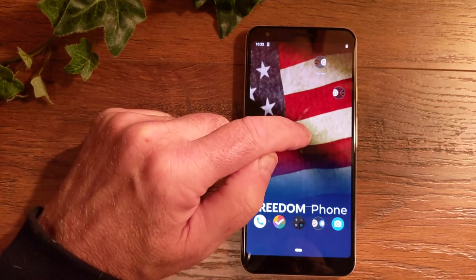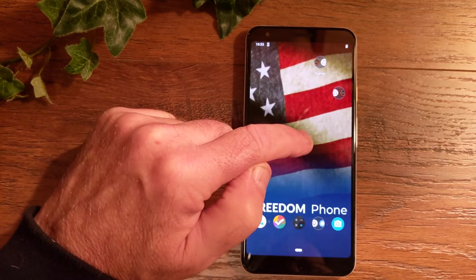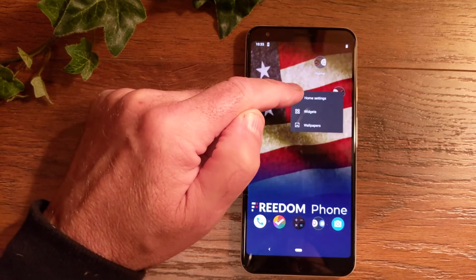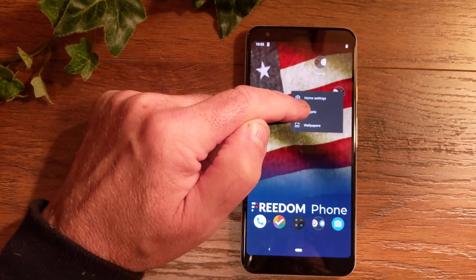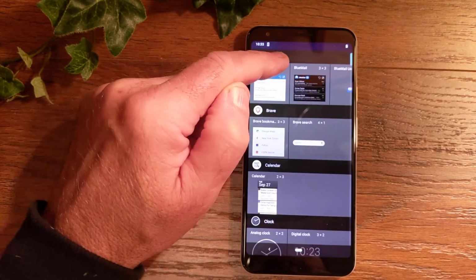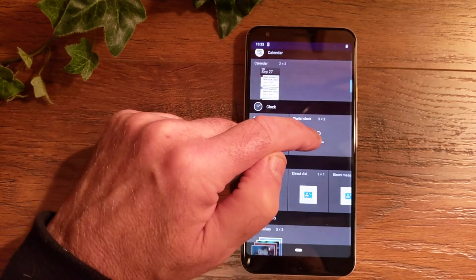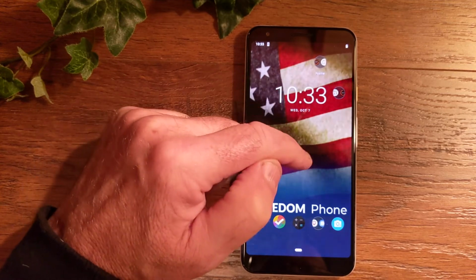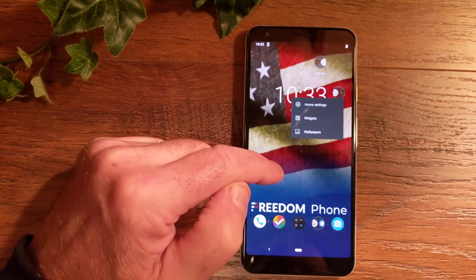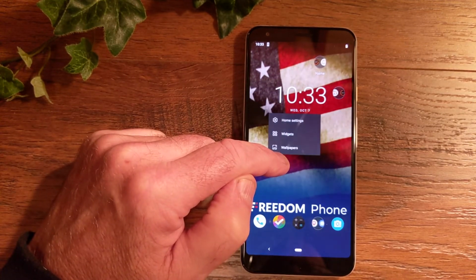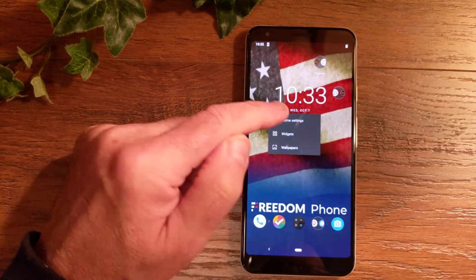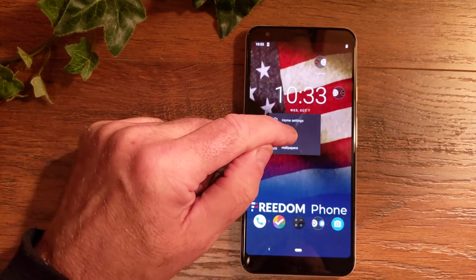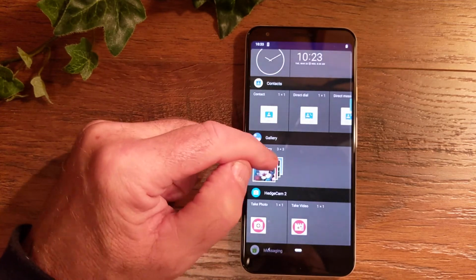Now, if you long hold on the desktop, you'll see that you have options for the home settings, your widgets, which are things that you can bring in. Those are all the different apps you can bring in, such as time. You just click on it and drag it and drop it. And anywhere on any blank space on one of your home screens, you can go to widgets, wallpaper, or home settings. And you can add, you just grab these